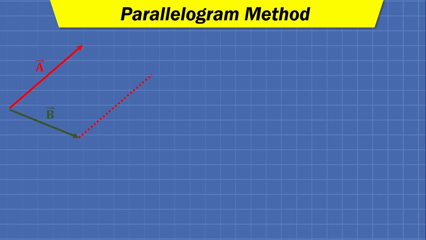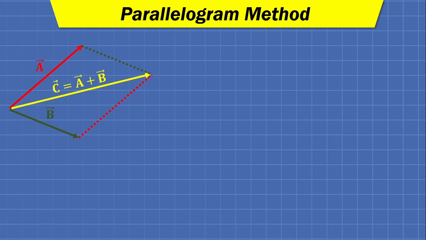Again we will draw a parallel line to the second vector with the same magnitude and direction from the head of first vector. So by doing this one parallelogram is formed, and that is why this method is named as parallelogram method. And now the diagonal of this parallelogram will show the addition of these two vectors. So let us say c bar is the addition of both the vectors a and b, then c bar is equal to a bar plus b bar.